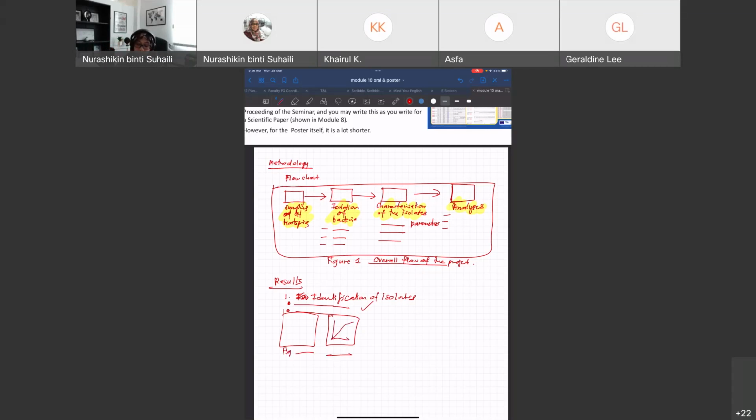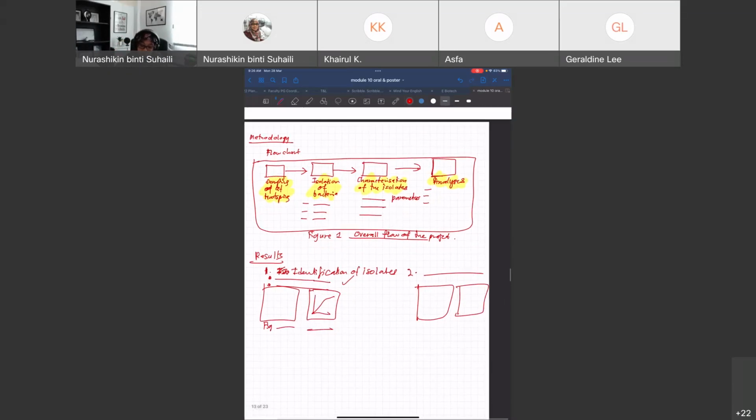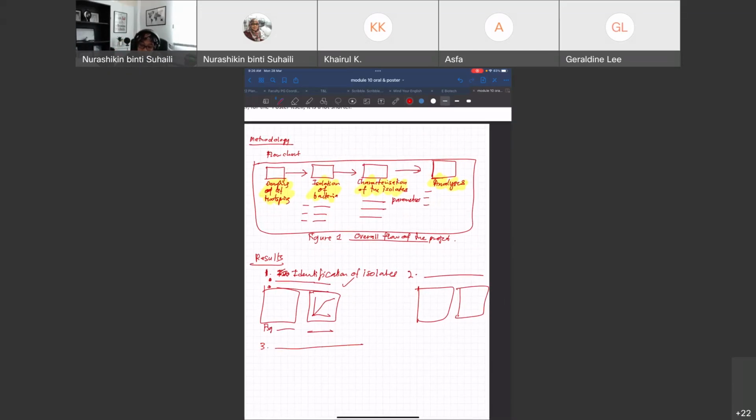And then let's say this is section 1, and then you put here maybe your second subtopic of your results. This is another result for the second part, and then maybe the third part is here, and this is another result, or maybe an explanation about the results. So normally results and discussion,